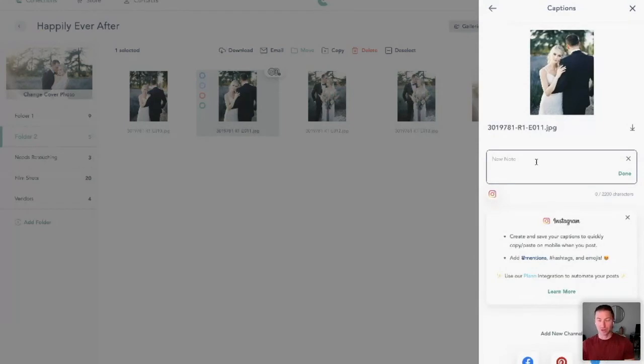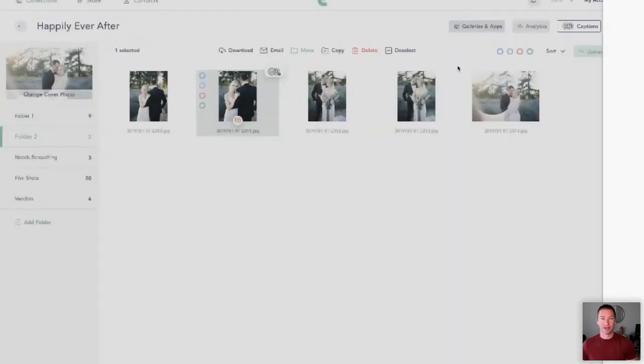So what I'm gonna do is just do this photo is everything, something like that. And then you can mention best coordinator ever, anything like that, right? Sky's the limit. And you can go ahead and click done. And you'll notice right here, we've added an Instagram badge. So as you're scrolling through hundreds, thousands of photos, you can see the images that you've already earmarked and said, yes, this is the one I'm going to use.